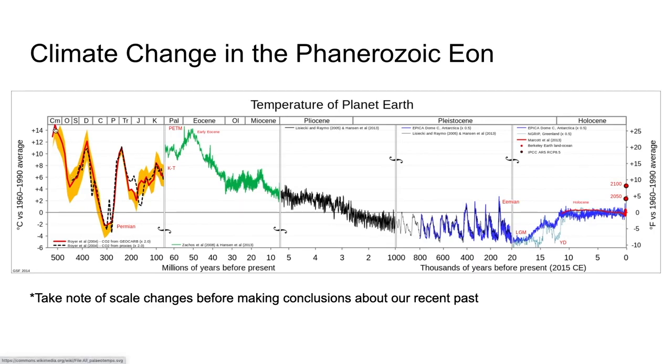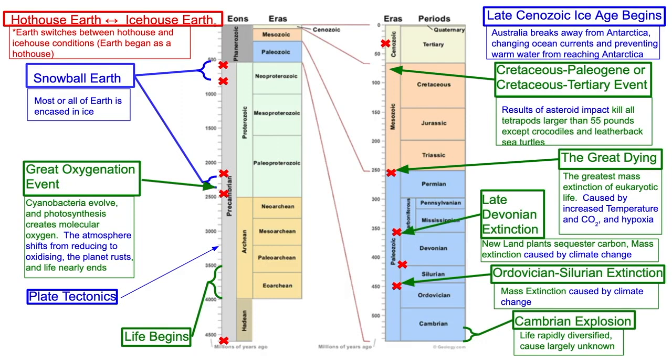In fact, at the beginning of the Cambrian explosion, it was about 14 degrees warmer than it is now. And there have been times when it was colder, like it was 20,000 years ago. And you can see that there's been a general trend down with these rises and falls, rises and falls, rises and falls. And we have entered a fairly stable period of time over the last 10,000 years. But that stability is at the upper end of temperature that we have experienced on Earth for the last 2.5 million years. I put together this slide for you to show you some highlights in Earth's history.